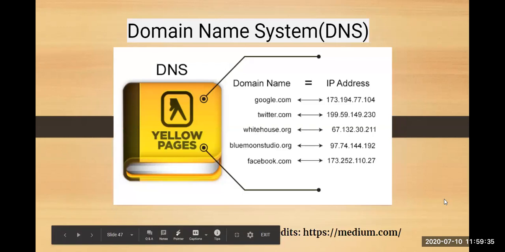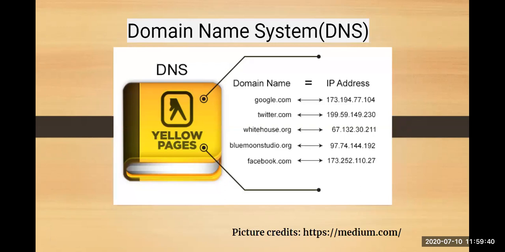Next we had seen today was DNS. When I talk about DNS, that stands for domain name system, and it is just the phone book of the internet. Whenever you are accessing any piece of code over the internet, you are accessing it with the help of a name, that is nothing but a domain name. So DNS does what? It converts your domain name into IP addresses because your browsers understand IP addresses. The browser doesn't understand domain names. So to convert your domain name into IP addresses, this task is done by your domain name server, or you can refer to it as the domain name system.